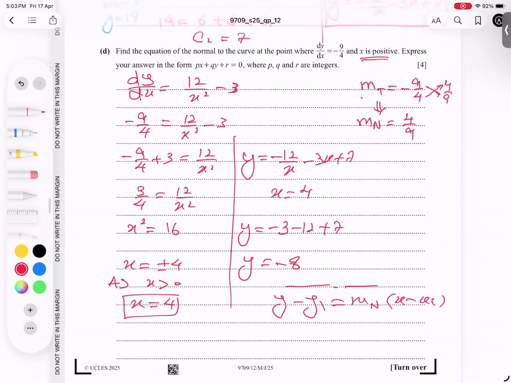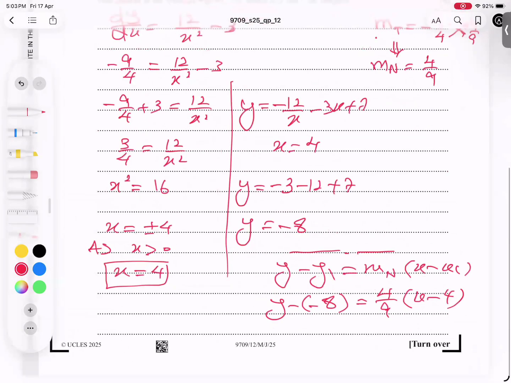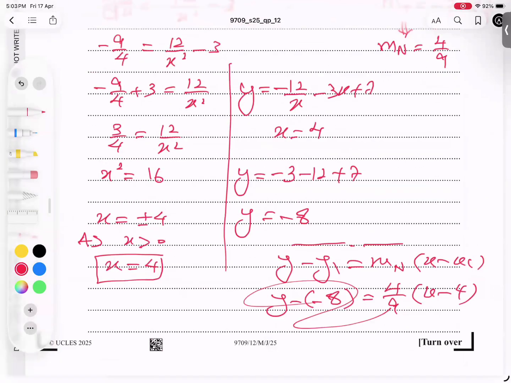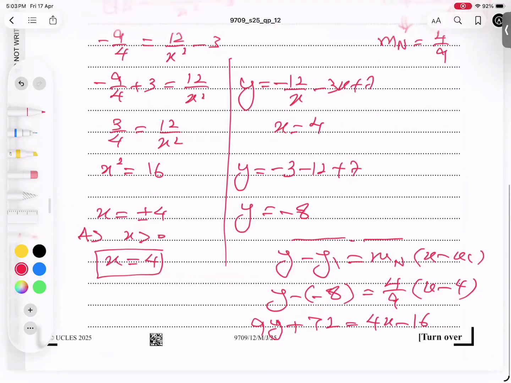So y1 is negative 8. The gradient of the normal is 4 over 9 and x1 is 4. Now we have to give the answer in this format. No fraction is required, so this 9 will multiply throughout. So 9 into y is 9y, 9 times 8 is 72. And now we have 4 times 2x, and 4 times 4 is 16. Okay, now